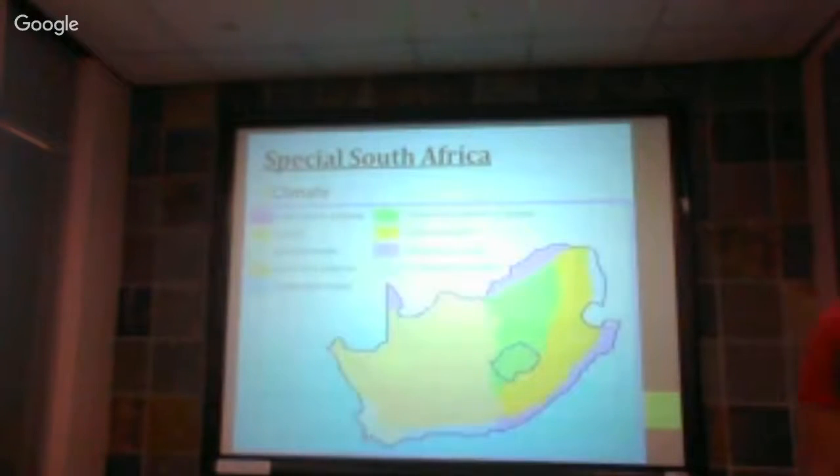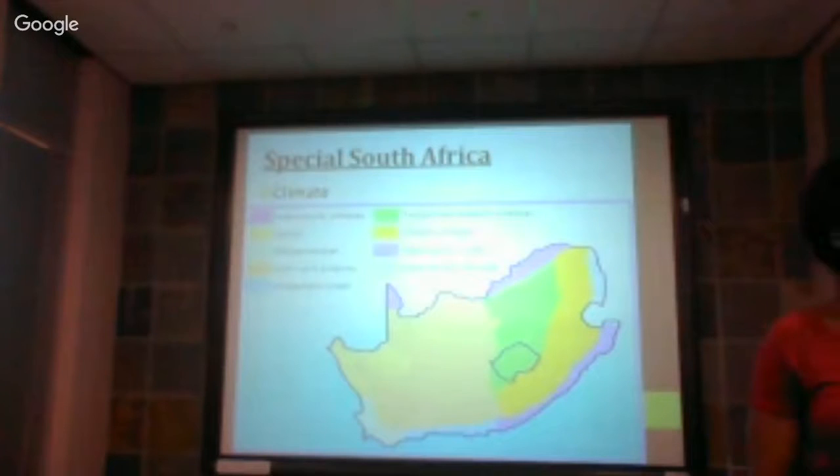Also, our climate is very diverse in that we have a subtropical plateau, Mediterranean climate, plateau slope and subtropical climate, which is influenced by both the warm and the cold oceans that we have, and also the change in our landscape, how we move from flatland to mountainous areas such as the Drakensberg.